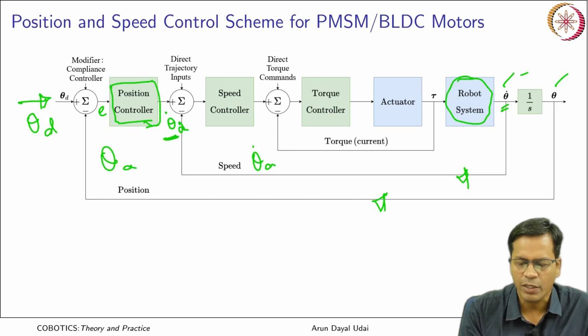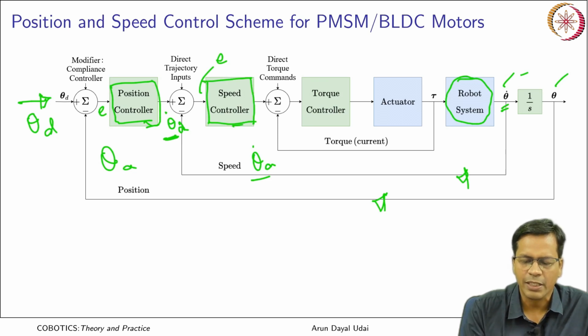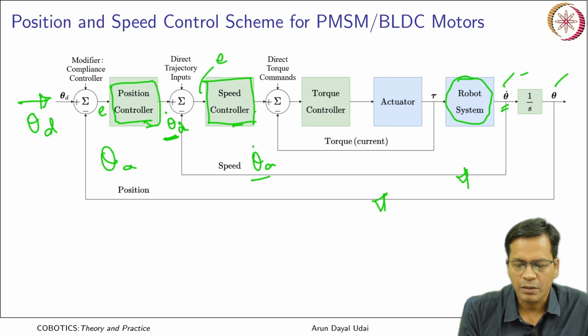So, desired velocity, actual velocity, take the difference, will create a reference error here. This error is put to the speed controller here. This again is a kind of PID controller. This generates the commanded torque, that is the desired torque that has to come here.